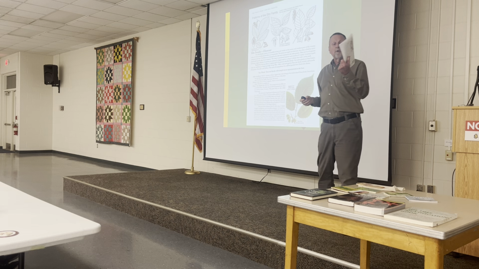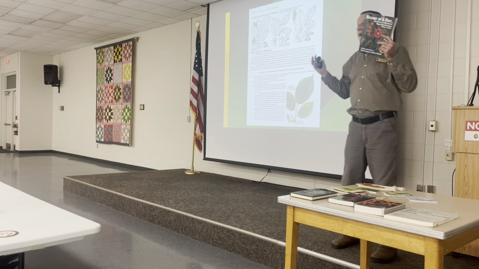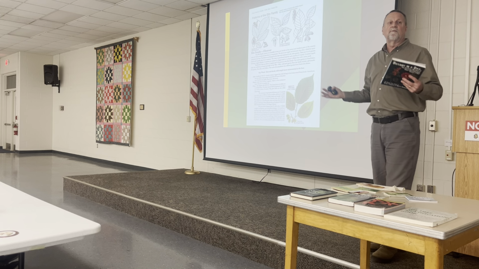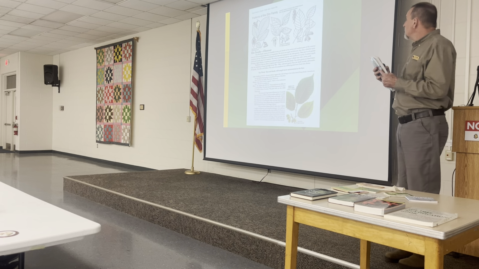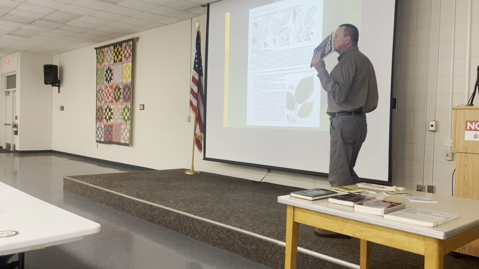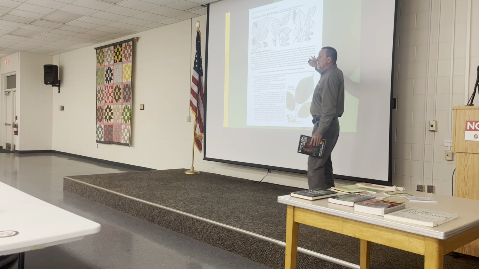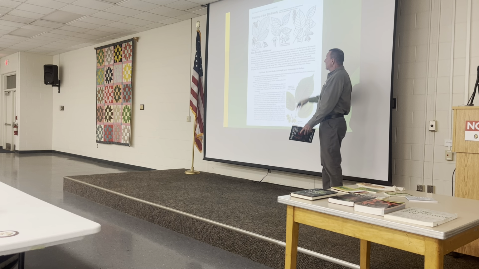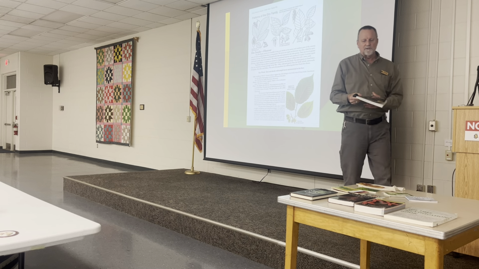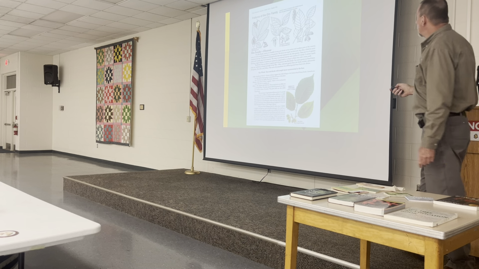So this is a really good book that has all kinds of plants by family, and once you get a feeling for the family characteristics, that's one way to group things together. So then you know, if you can figure out what family something's in, it makes your whole keying a lot easier because you start with the family and you only go there. You don't have to go through the whole 10,000 plants.